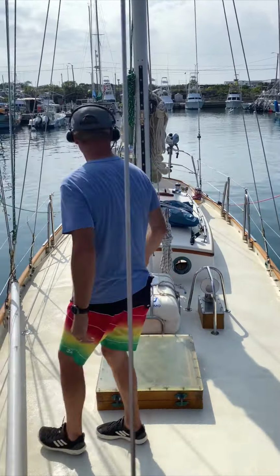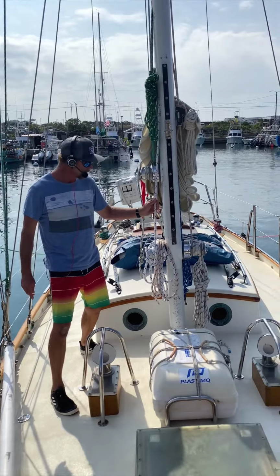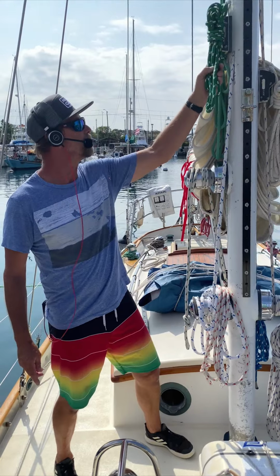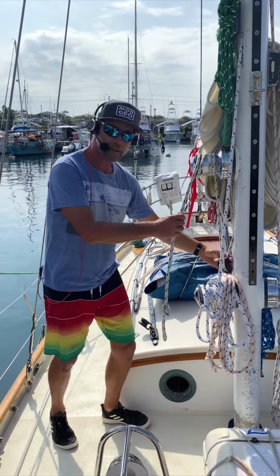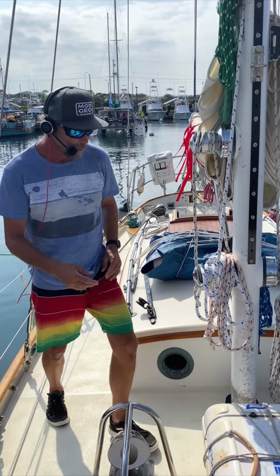Here we go. Brand new main sheet, 1/2 inch Stay Set X. The old running rigging is still working fine. We have a brand new staysail halyard. Spinnaker halyard is good to go. These are our reefing lines right over here. And they're plugged in just to kind of give an example of what they look like. Over here on this side,